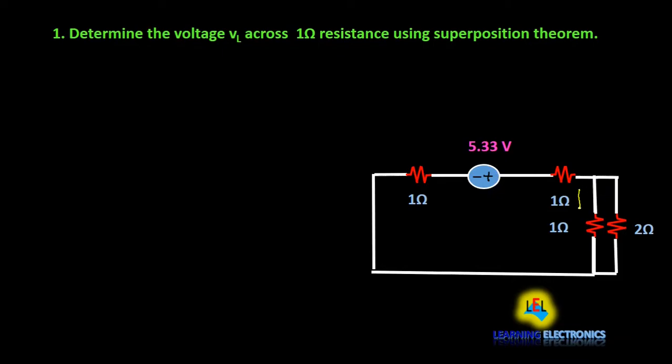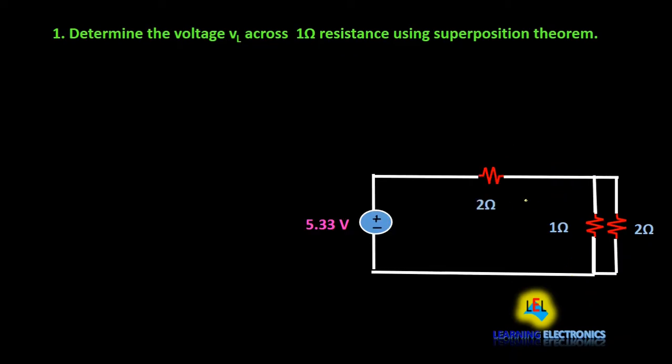We have to find out the voltage across this 1 ohm resistance, that is V3. Since 2 ohm resistance is in parallel with 1 ohm resistance, this V3 will come across this 2 ohm resistance also. Now when we solve the parallel combination of this 1 ohm and 2 ohm, this V3 will again come across the equivalent resistance. So this 1 ohm and this 1 ohm are in series with each other. Now the circuit will look like this. So when we solve this parallel combination, again the circuit will look like this. We get 2 by 3 ohm here.